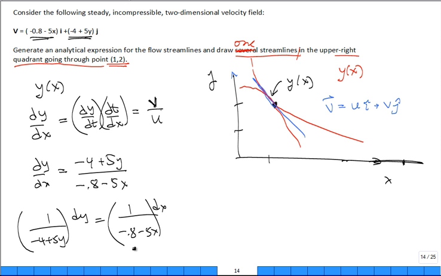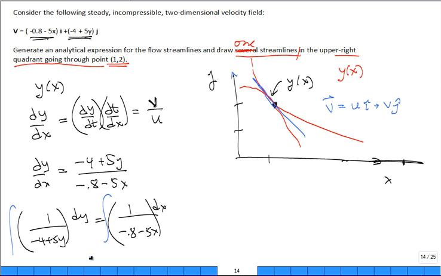Now it's nasty because I separated, but now what do I need to do? Integrate. You recall that integral, don't you? No, of course we don't. Somebody probably does. What's the form of the integral of 1 over something plus a constant times